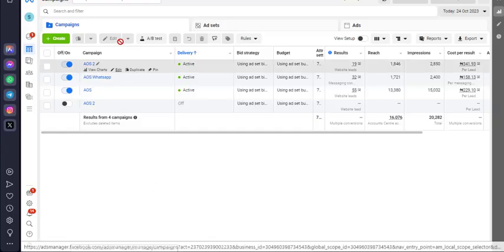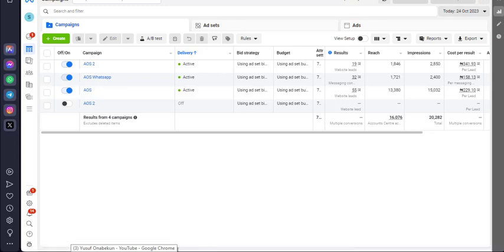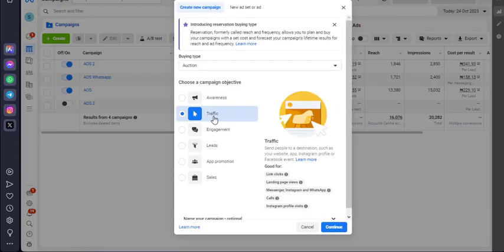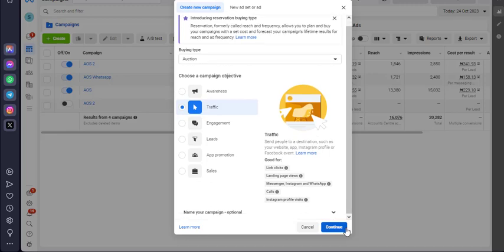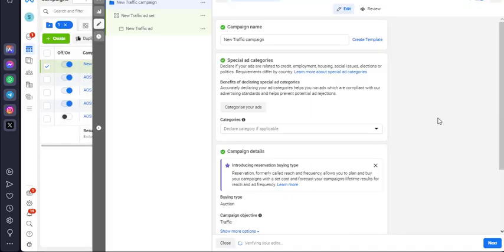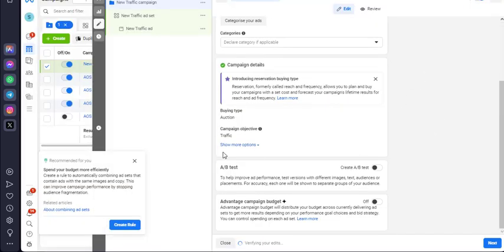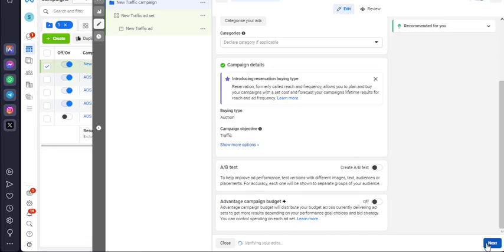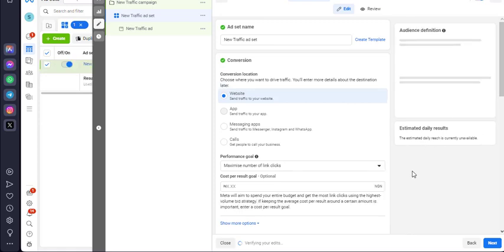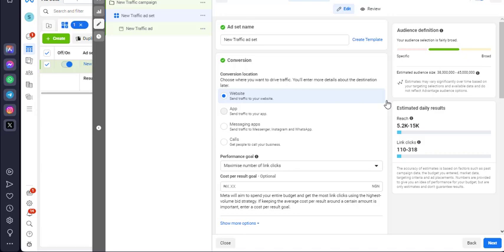If you want to do that, the first thing you need to do is click on create. When you click on create, you go to the traffic objectives, and you continue from there. Now, before there was no option of all these aspects that I'm going to show you, and you just moved on to your ad set objective. Under your ad set objective,